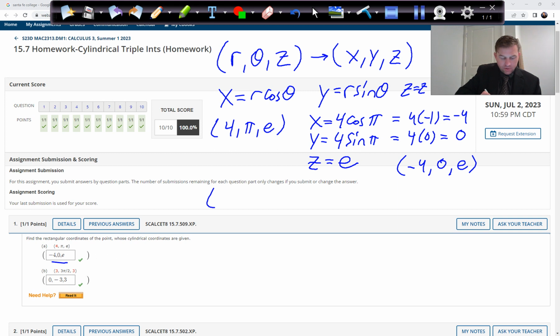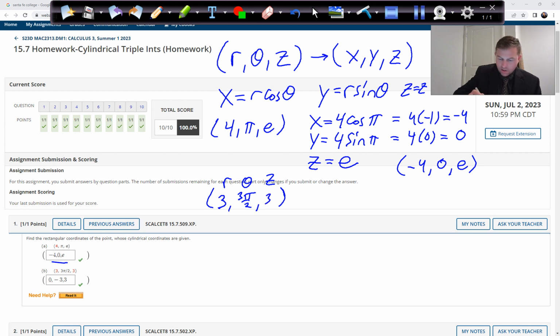Okay, then they give us a point, which is r, theta, and z. And I'm missing something here. Oh, I was looking at the wrong thing. So it was 3, 3 pi over 2,